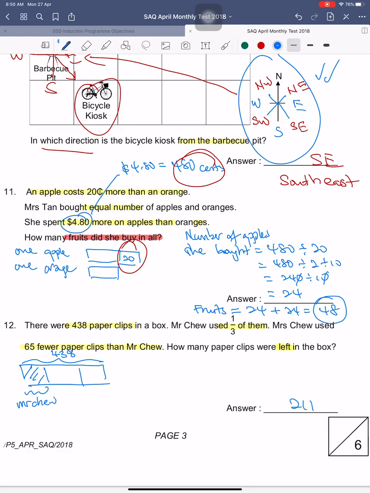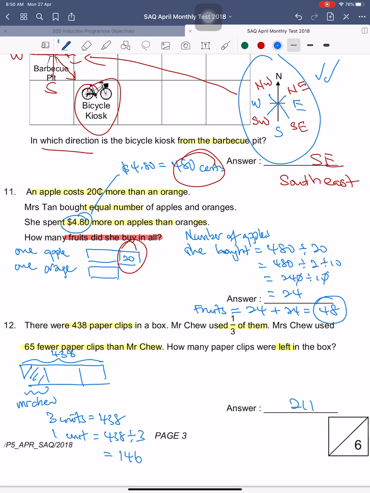That means we have to divide the total number of paper clips into 3 units, and 3 units is actually 438. So from here, find out 1 unit. 438 divided by 3 will be 146. So from here I know Mr. Chiu used